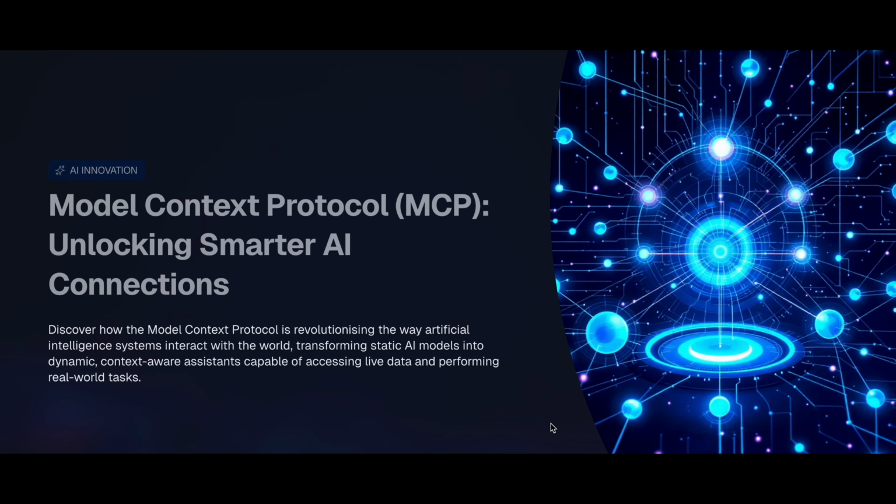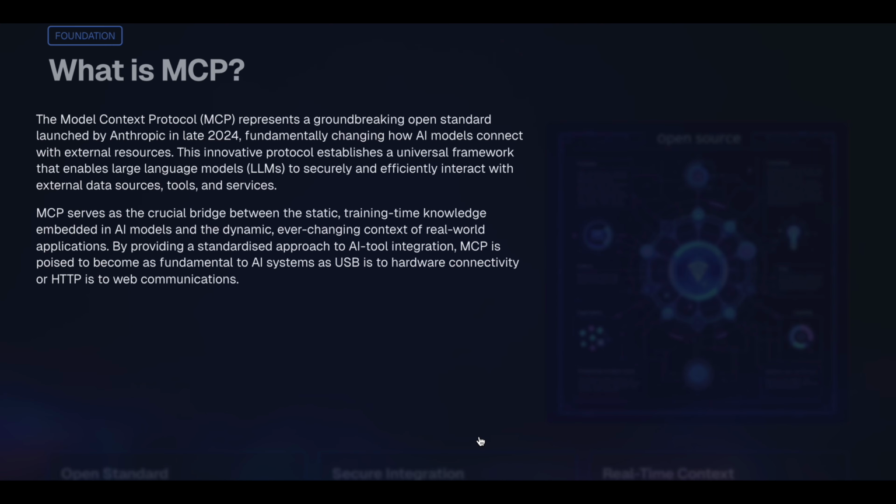So MCP is becoming a universal framework or protocol which helps AI models become context aware, or aware about the current state of events, instead of just having the static frozen knowledge which they had at the time of training. Now let's talk in detail about the foundation of MCP, what limitations of AI led to the discovery of MCP, as well as the core three pillars of MCP architecture with a very simple example. Now what is the foundation?